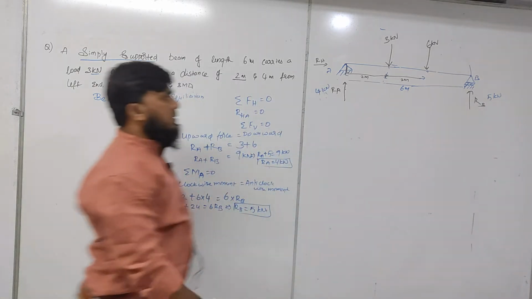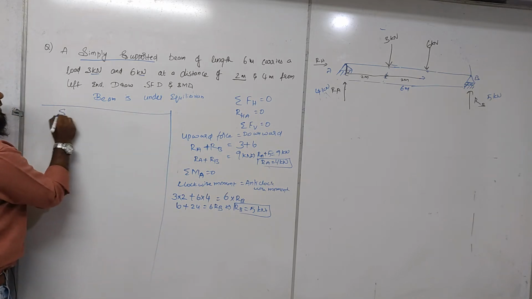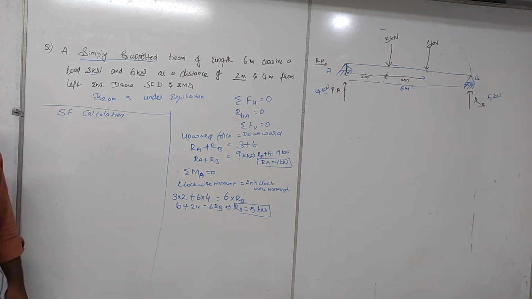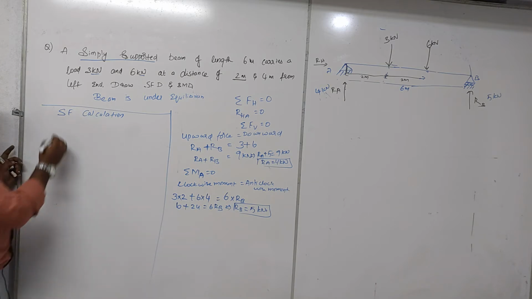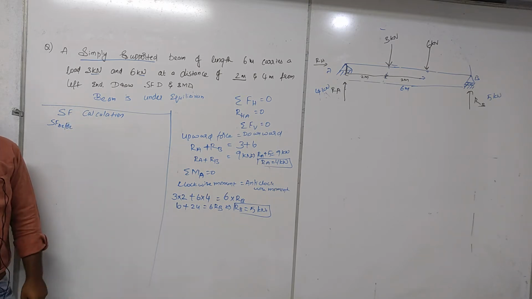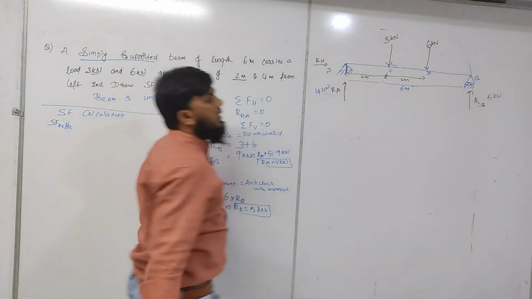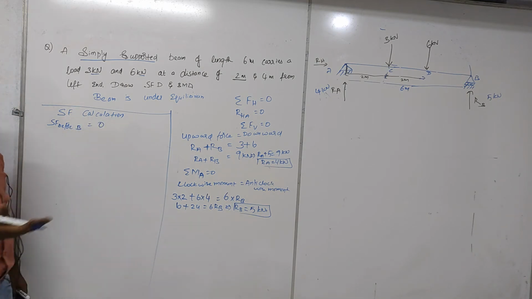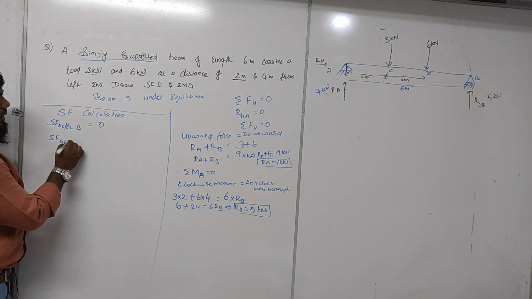Done? Solved. So let us take the shear force calculation. Here I am doing the shear force calculation. What is the procedure we have discussed till now? The same procedure has to be followed. Before point, at point. Before means just before the point. Shear force before, what is the rightmost corner we are having? The rightmost corner we are having is point B. Sorry, here we have not given the points. Let us take these points as C and D. Now, shear force just before point B is equal to 0. Before B there is no other load. So, 0.